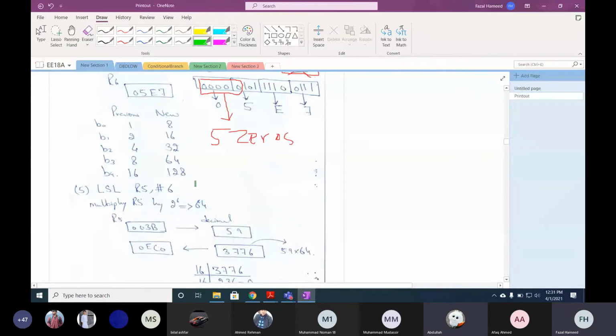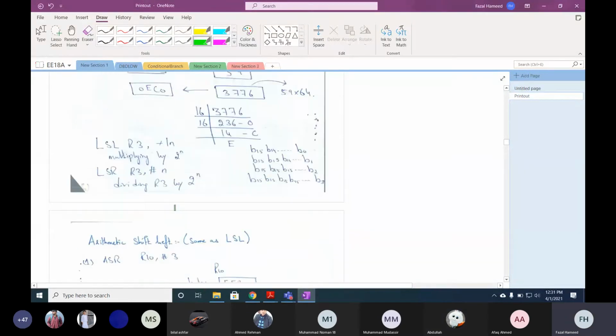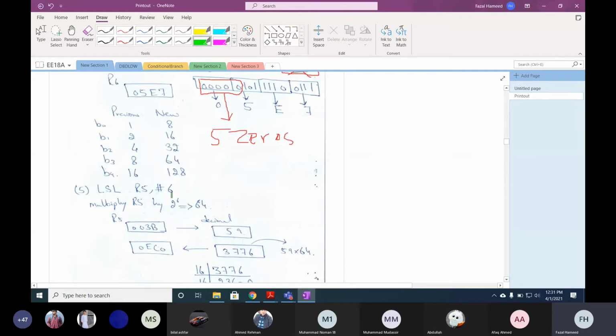Okay. And now you can go through this different example where there are different examples, and you can do this. Okay. Now, what is the purpose of logical shift left? In the logical shift left, what we are doing is inserting zeros, either from the left hand side, or we are inserting the zero on the right hand side. So one advantage of the logical shift left is that it can provide you a fast multiplication by the order of 2.